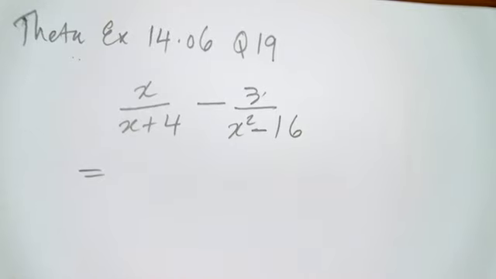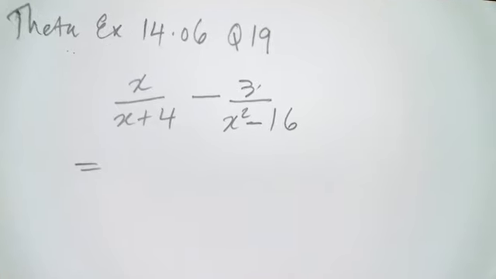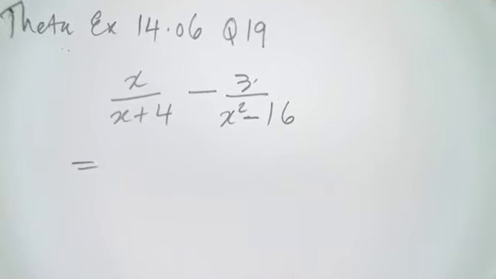All right, I've been asked to have a look at this one here. This is exercise 14.06 from the Theta mathematics textbook, and I've been asked to do question 19. Again, we have algebraic fractions, in this case, a subtraction. Nice and straightforward one to do, with possibly a few opportunities for cancelling, but we'll find that as we go